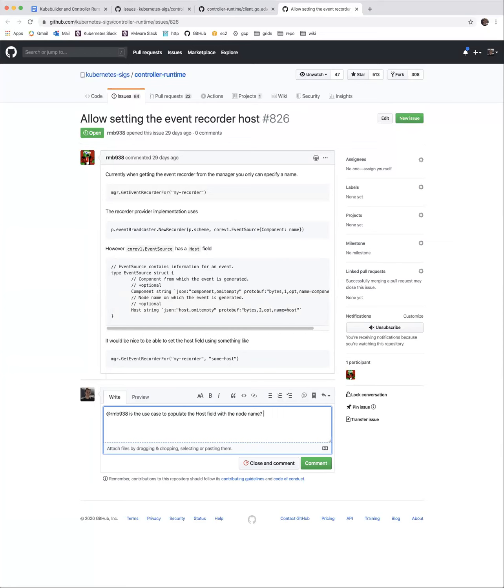Probably not the instance of the controller, not necessarily the node, I'm assuming. I don't know. Ask them what they want here. With a custom value or something we can use. But yeah, if they just want to distinguish which is the active